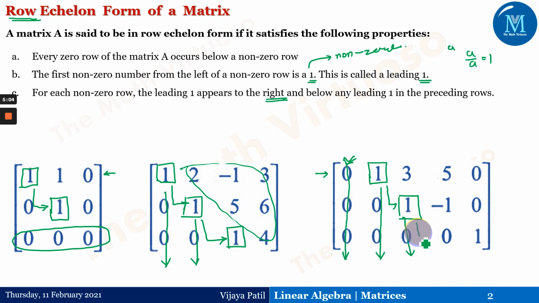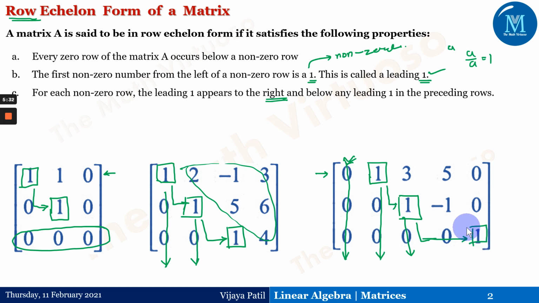Next row. Now if you observe here, I don't have the leading element immediately here. It is present here. It is present here. And therefore, it's possible to just do this. Because I have got a 0 here, it should be either 1 or, because of this current definition, a non-zero element. If it is a 0, then I'm looking for the next non-zero element or leading one element in the row.